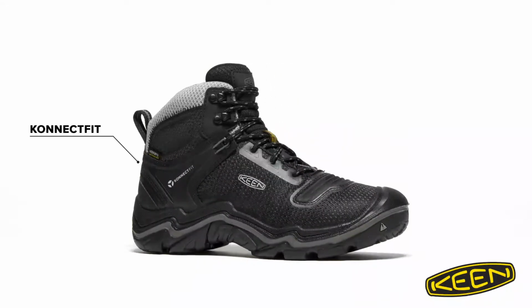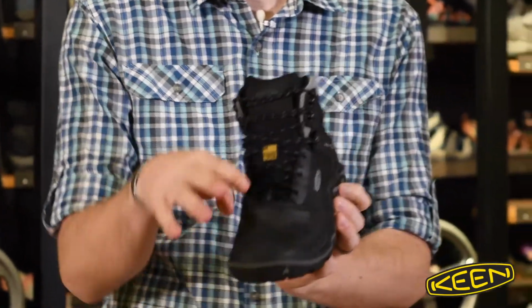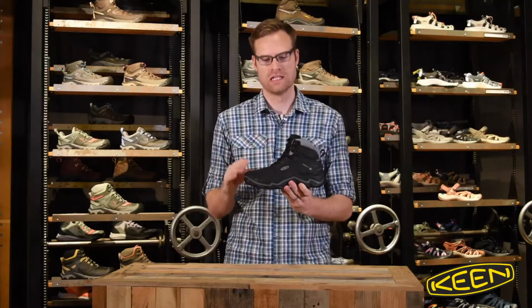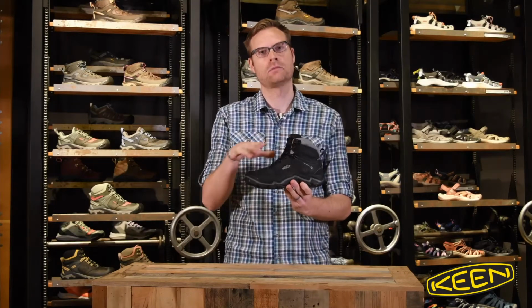lot further. It has our Keen Connect Fit technology. What that does is it really locks you down into the boot, works with the very natural wide toe box that we have in our boots. So it keeps you from moving around, keeps you really nice and locked in, but also lets your toes move